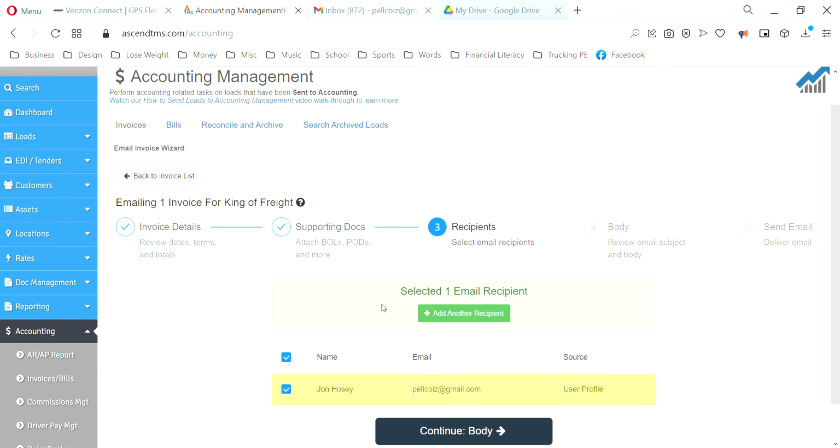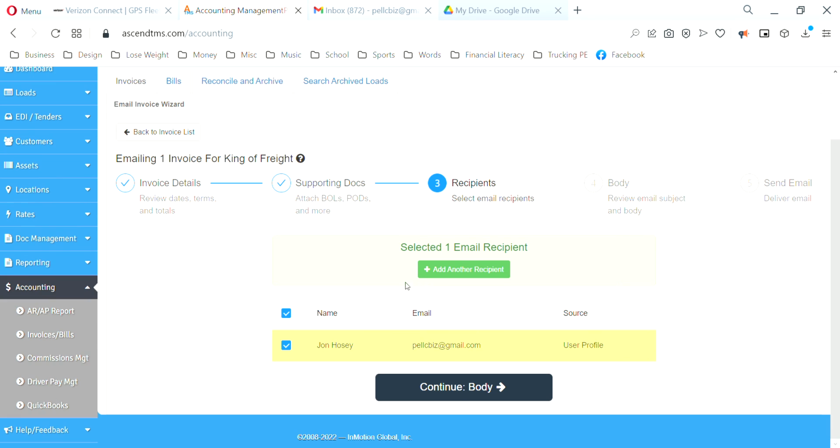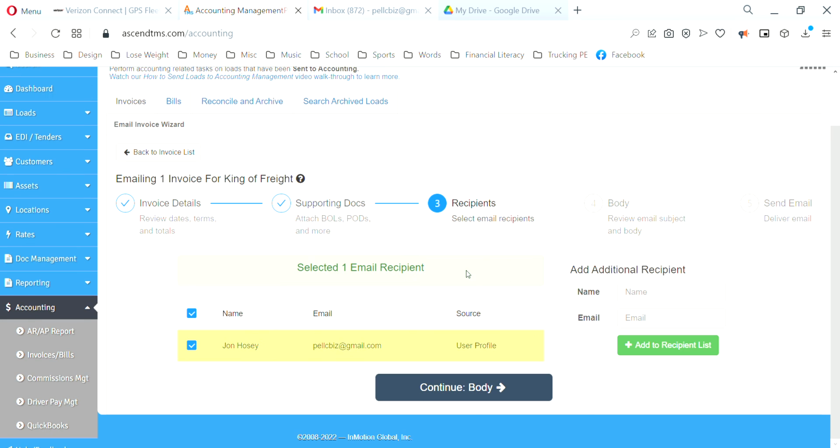Who's going to get this email when we submit it off for processing? In our template, the email had been included. When we walked through how to process a rate confirmation, we did in fact include the email that we want to submit this invoice to, but for some reason it didn't pull over. So in the event that it doesn't pull over, you can simply add another recipient. So what we want to do is add it here, and I just give it the generic name of invoice,